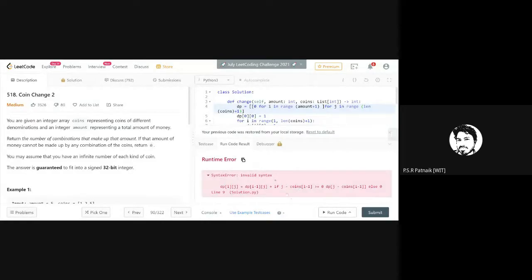It says invalid syntax, dp of i plus if greater than. Okay, what did I miss?